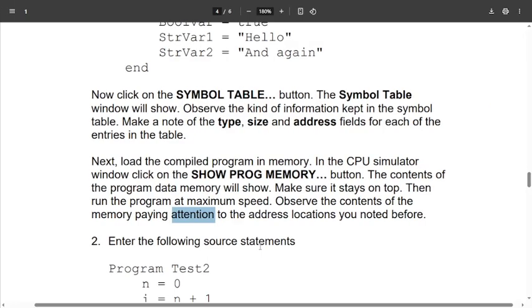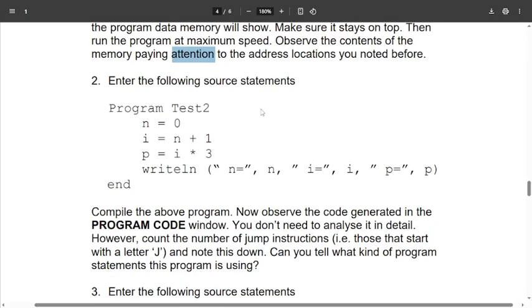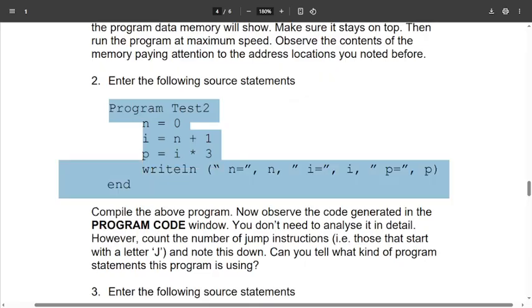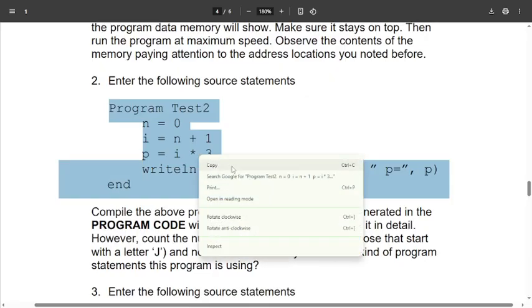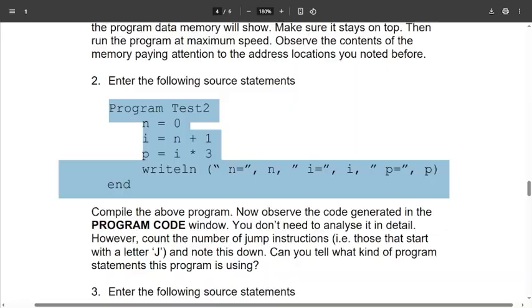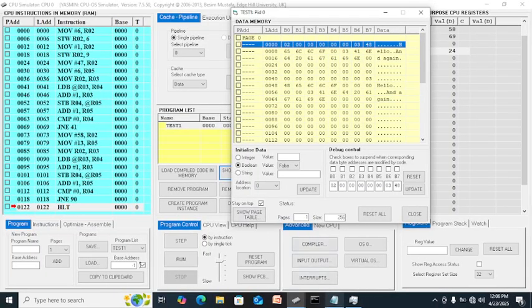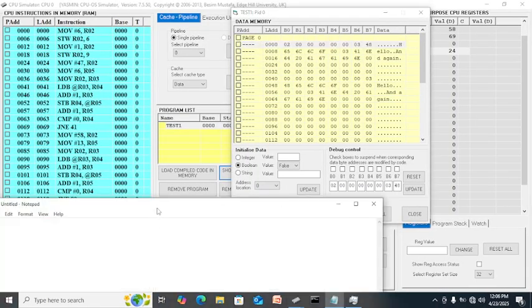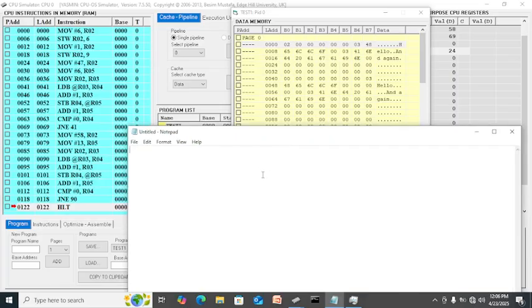Okay, so after that, enter the following source statement. As you can see, this one you will commit an error once you didn't change this into a double quote. So you need to copy the code first in your notepad and change this into a double quote.